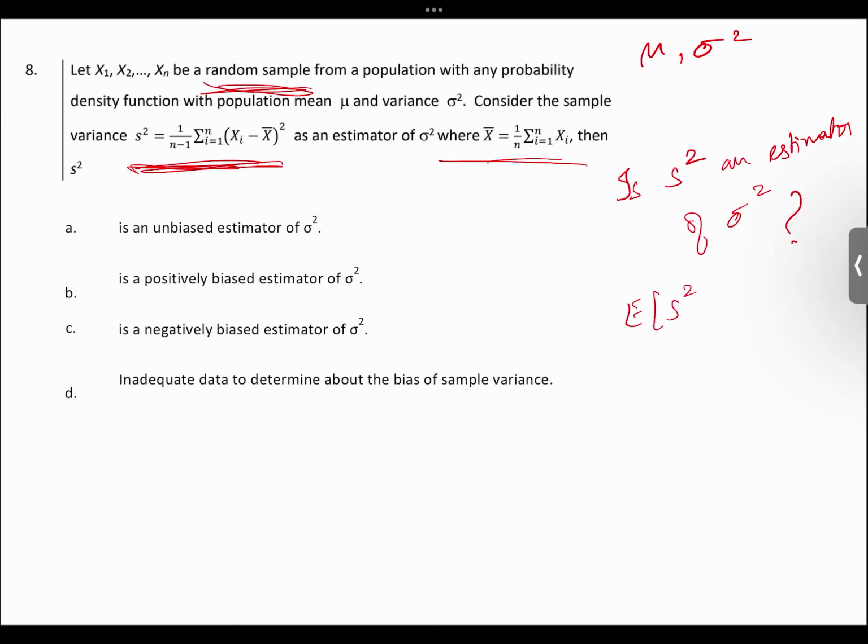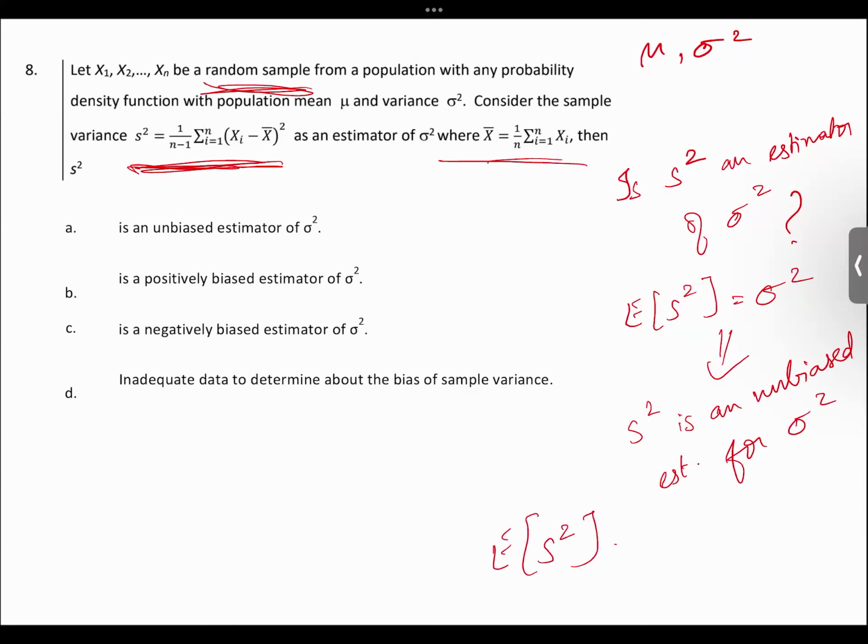If the expectation of S square is equal to sigma square, this means that S square is an unbiased estimator for sigma square. If the expectation of S square is not equal to sigma square, this means that S square is a biased estimator of sigma square. So you just need to remember these. And let's now solve this. So now what do we need to do? We need to basically calculate